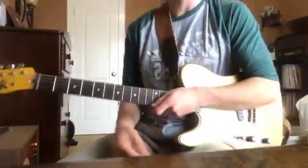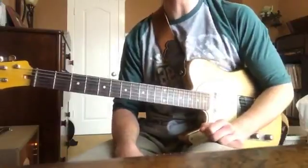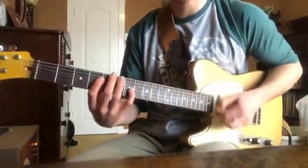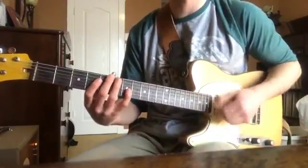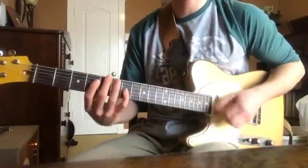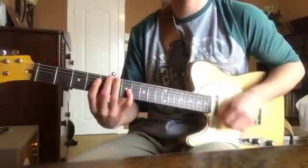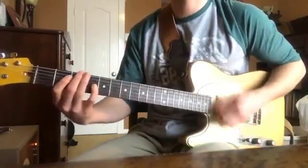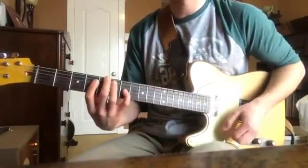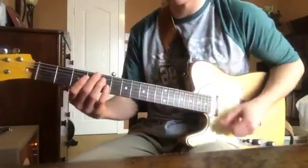So that's the whole entire melody to Bryant Shuffle. That's AABA form. And the chord progression for the A is D, and we're in the key of D, so it's D, G, D, E, A, D, G, D, E, A, D. It repeats that twice through, and then we go into the B section, and it goes G,